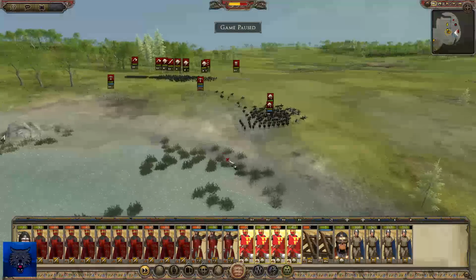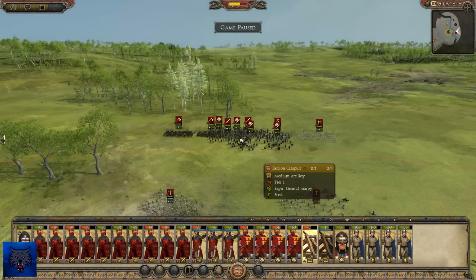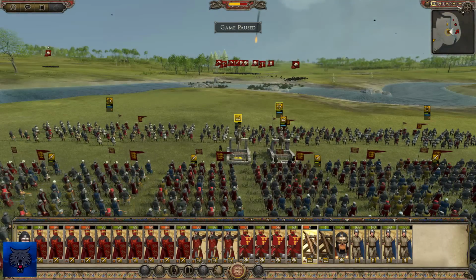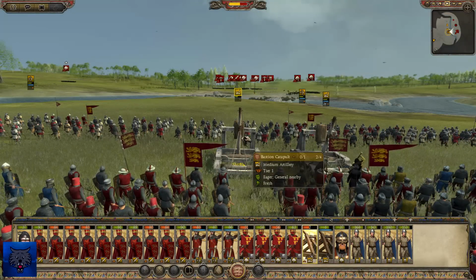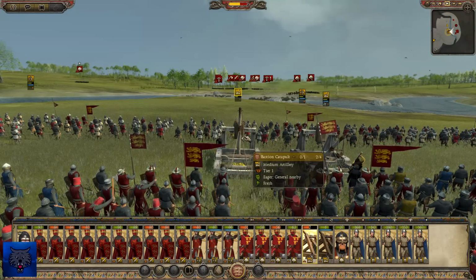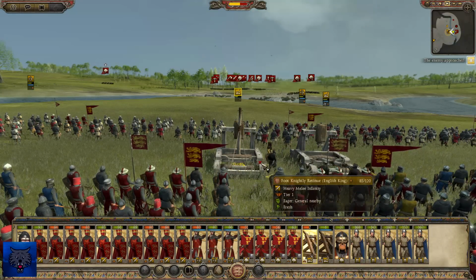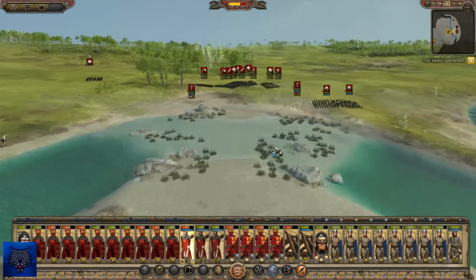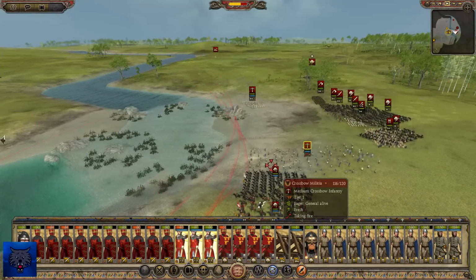So they're pushing over the ridge already by the looks of it. Let's get my catapults to... Why are they... What the hell? Why were they not on it? Is there not enough men to operate it, is it? Yeah, that's what's going on. I think, unfortunately. But it does look like...